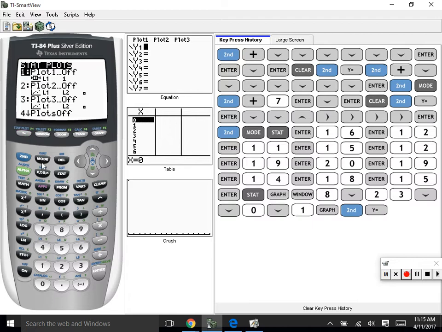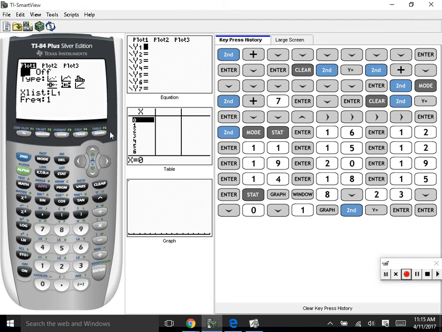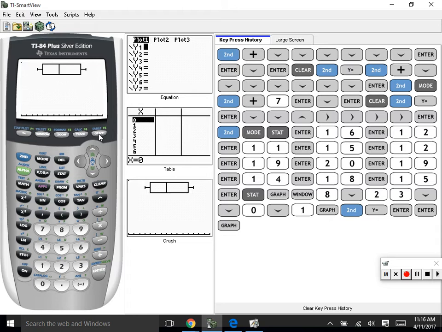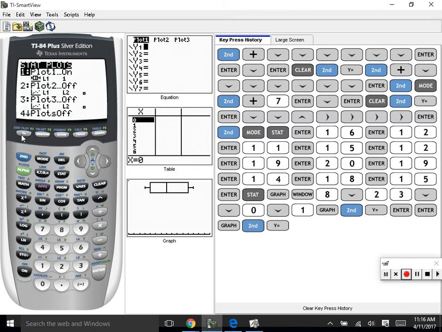Did I turn my plot on? Oh, I didn't turn my plot on. I have to hit on. So I went to stat plot and I didn't have my plot turned on. That's the first thing you need to make sure you do. Now I hit graph. So let everybody watch. Make sure that that says on. Then you go to your window and I always make,